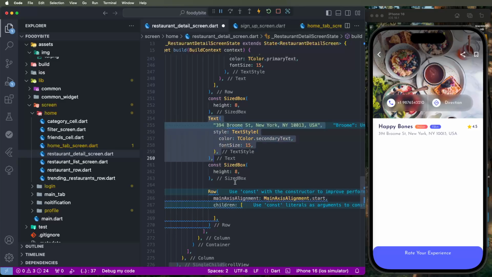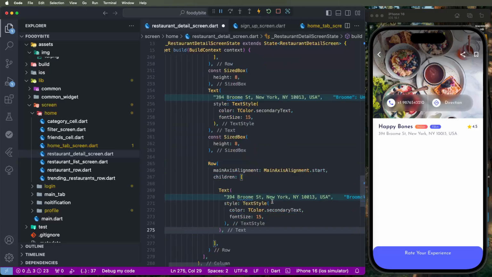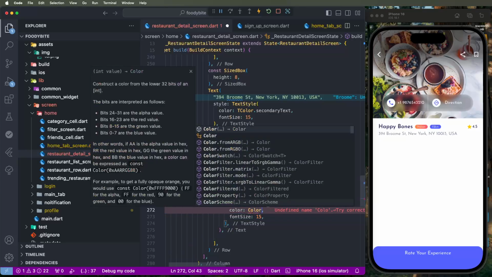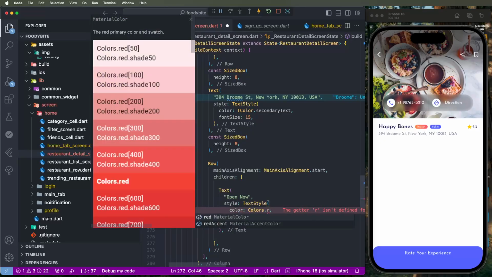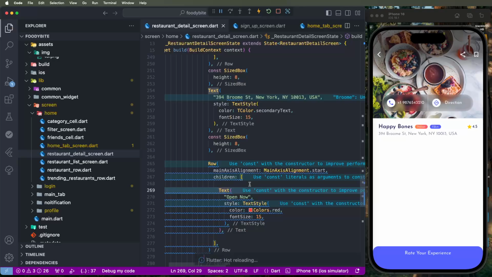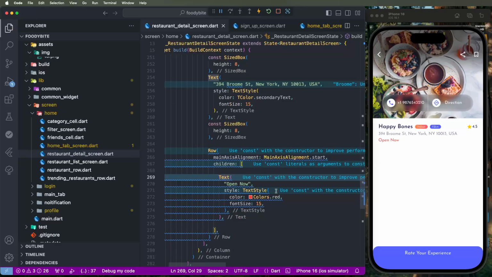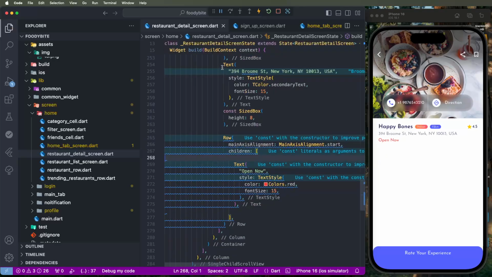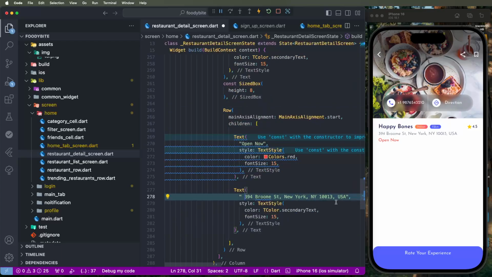Again, we need to copy this value and put this text here, and now we need to set open now, like here, and set the color as red. We need to set colors red, like show open now. Same as now. Again, we need to copy this text and paste it here. Now need to set the space and set the daily